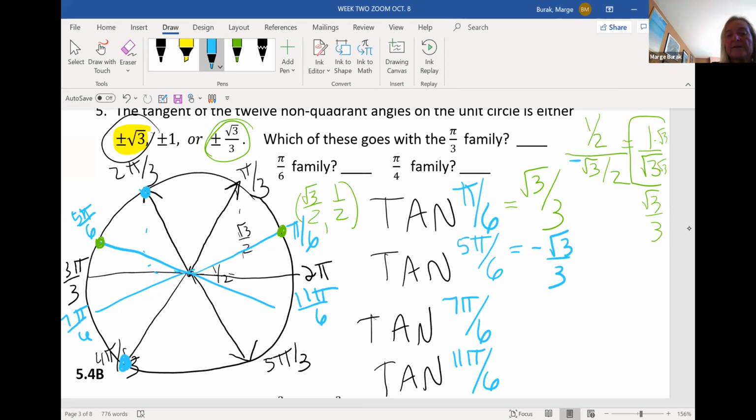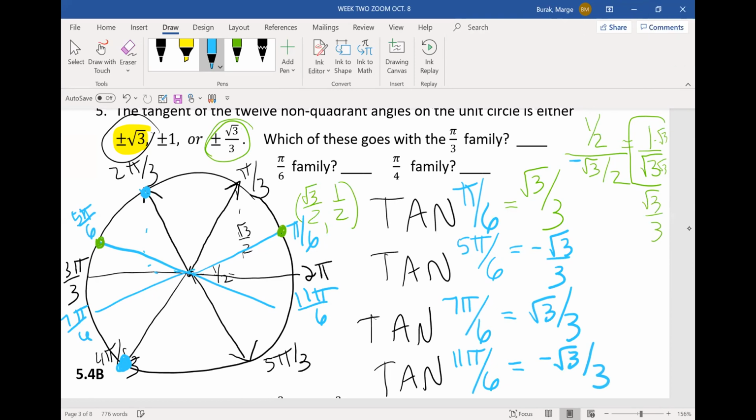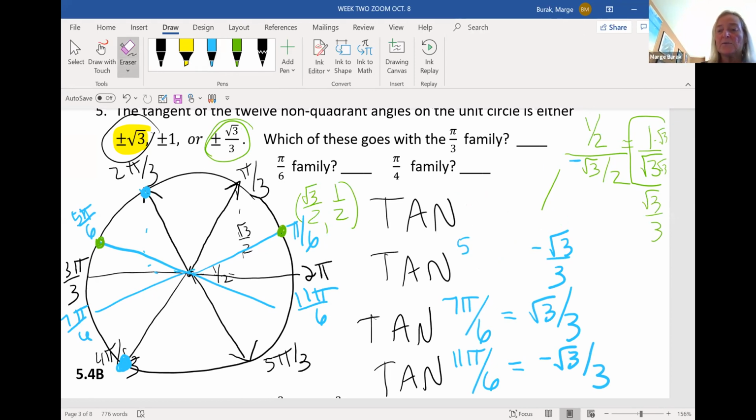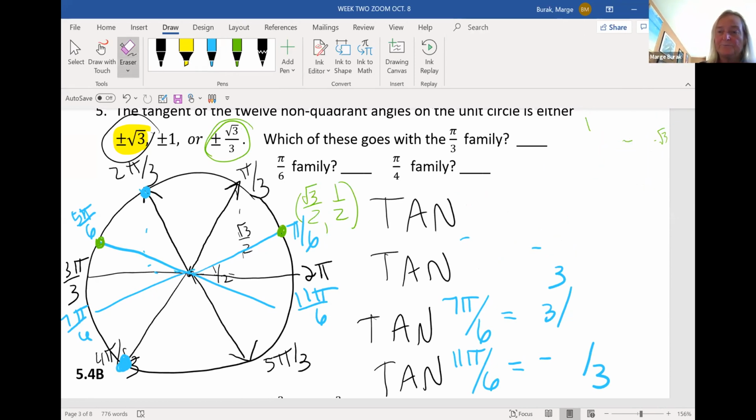And 7 pi over 6, tangent's going to be, everybody, positive. Positive, because it's a negative sine divided by a negative cosine. And how about 11 pi over 6? It's going to be negative. Okay, I'm trying to show you patterns of tangents. All right, that's what this little exercise is about. Okay, the last ones are the easiest ones. I saved for last,